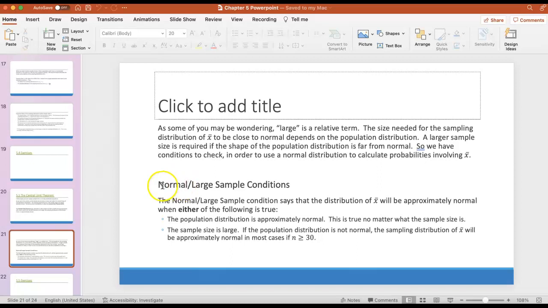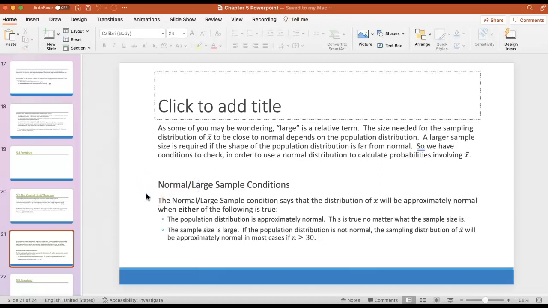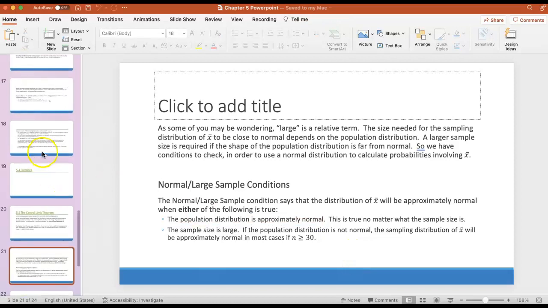Then there was another check, and that other check was for normality. You got to make sure that we have an approximately normal sampling distribution, or else we can't use the normal curve to find probabilities, which is what we did in chapter 4. So we had talked about, again, this is for sample means only. The check that you knew was that the population distribution had to be approximately normal, right? I'll go back to it right now.